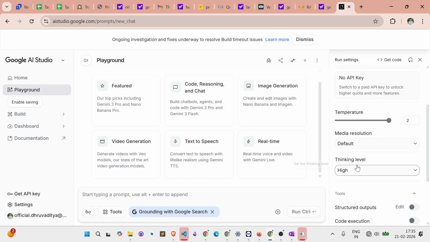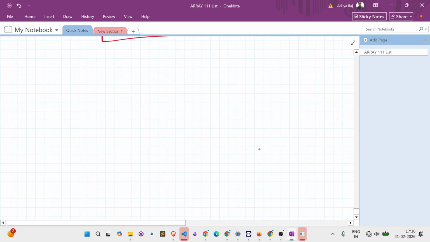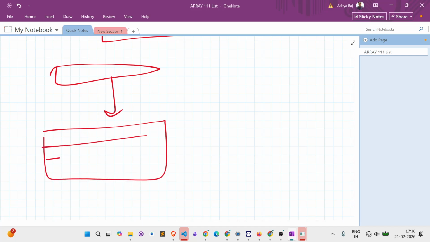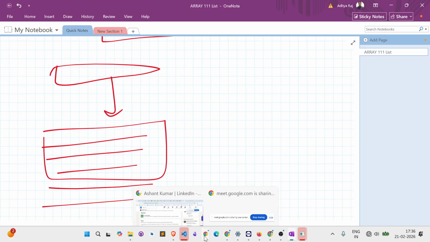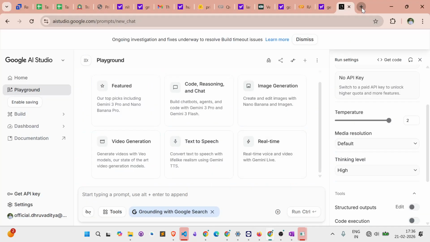Thinking level. So, like any AI ML model, if you are asking any query, it can have multiple answers. One, two, three, four, five, multiple answers. So we can also see this in the Google search engine, if you are searching something,